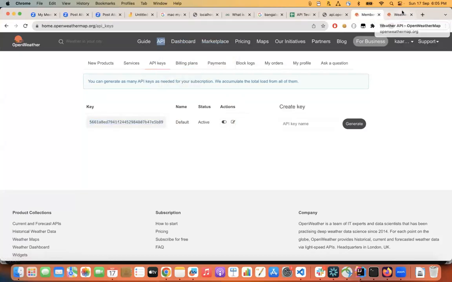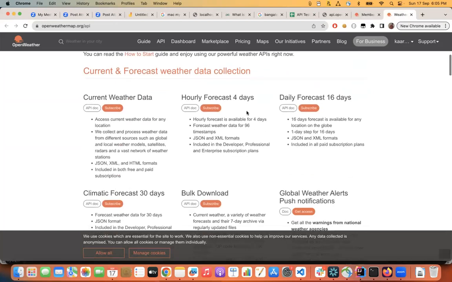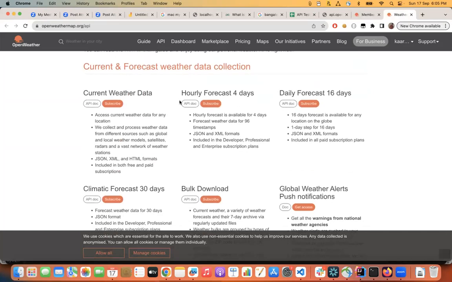It will show what APIs it is providing. There are a few types of APIs you can use. For example, look at this API: Current weather data. And if you see here, what is the description? Access the current weather data for any location, and it is available in JSON, XML, or HTML formats. And if you go to this API doc,